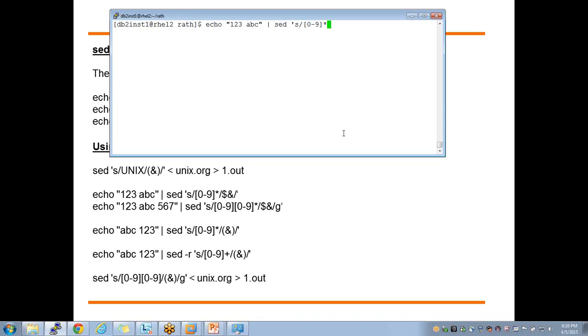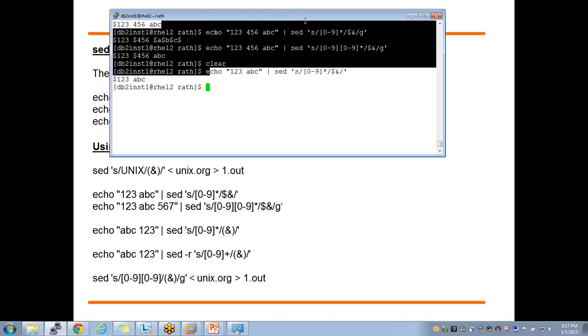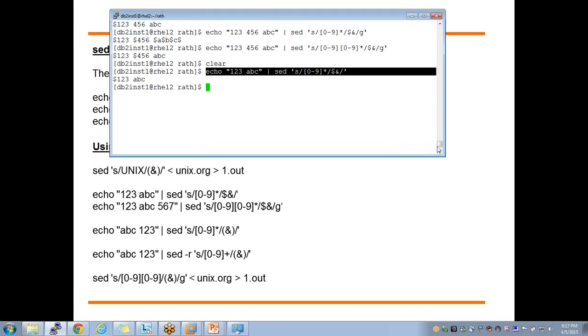The star signifies 0 or more occurrences. Plus signifies 1 or more occurrences. 0 or more and 1 or more are different things. Even if there is no number, what I'm saying is replace with a dollar. So are you good with this first example?